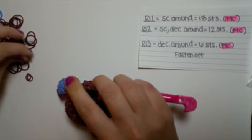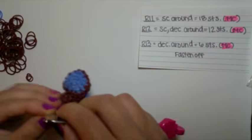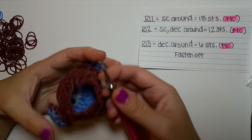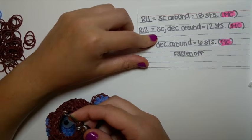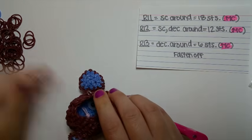Okay, so I'm on my last stitch here for this row. I'm going to take my C-clip out. And then for row 12, now we're going to decrease again. So we're going to do a single crochet followed by a decrease all the way around so that we end up with 12 stitches. So we'll start off with a single,